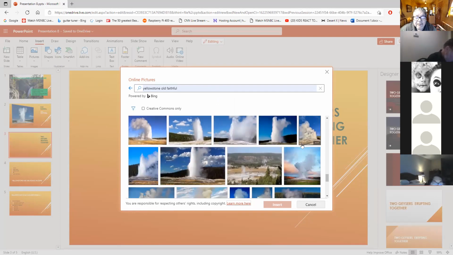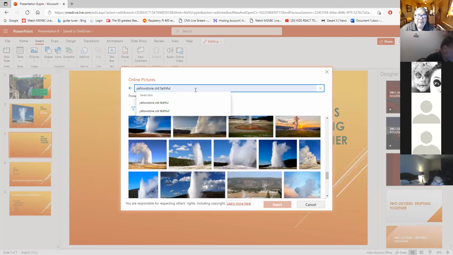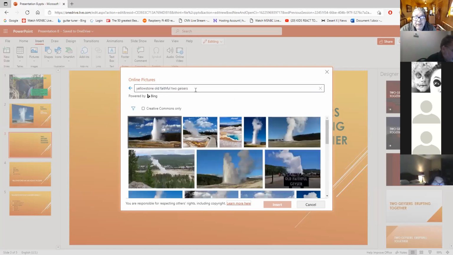I put in Yellowstone Old Faithful, two geysers side by side, and I found something. Two. Do what? Two geysers side by side, Old Faithful. And I found